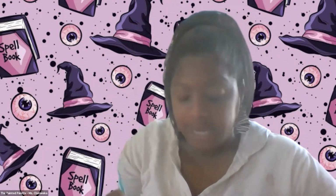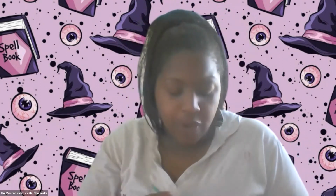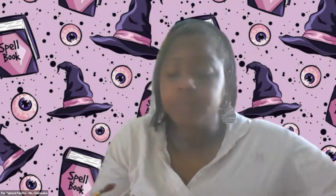You can mix this with the same brush that you're going to paint with, because we're going to be cleaning this particular brush in between painting the different sections. So if you have that color ready,